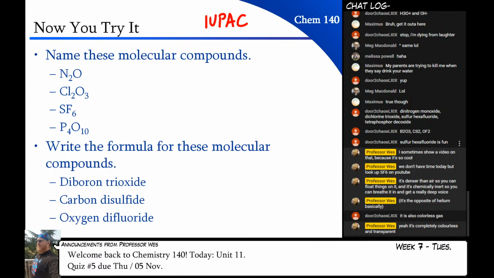I'm just going to repeat what's in the chat here. So one of these compounds here, sulfur hexafluoride right here. Woo. I'm doing that with the mouse. I should probably just write that on here. Is really cool. And normally I'd show a video on it, but we don't really have enough time today. So I'm just going to make a little note here. That if you're watching this on YouTube,